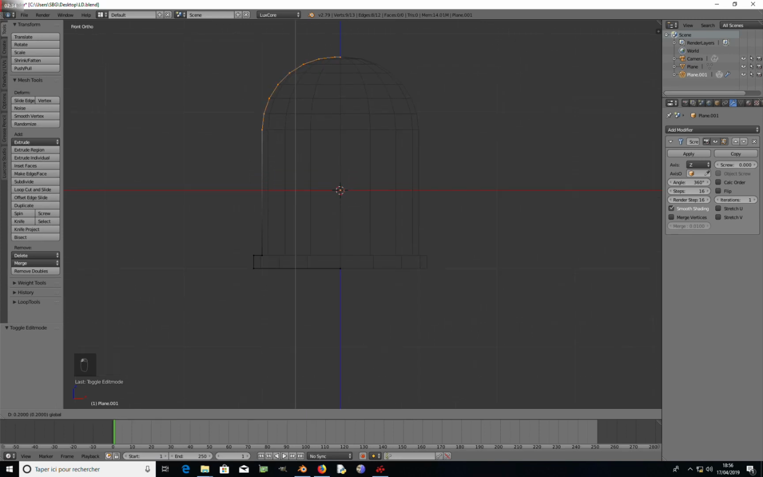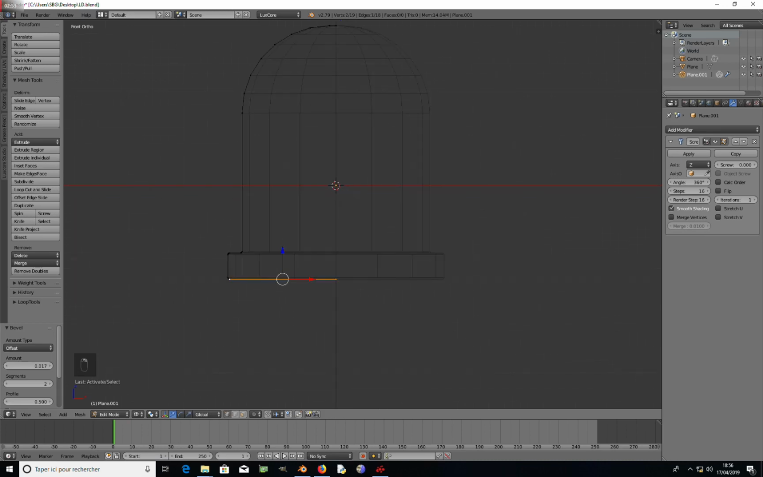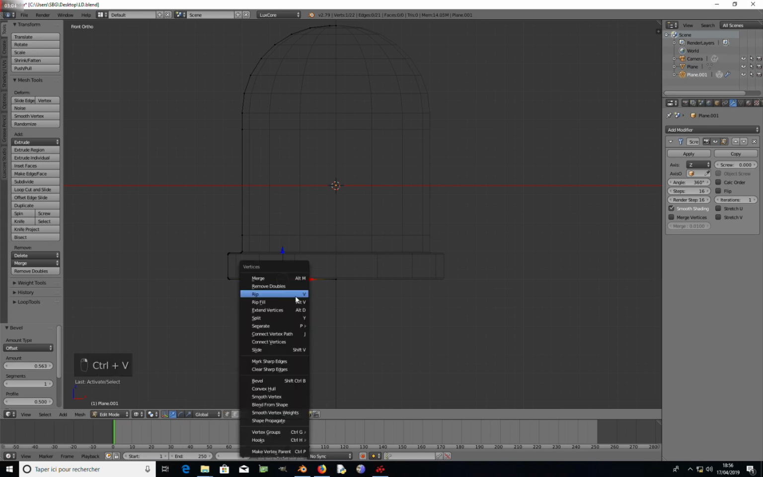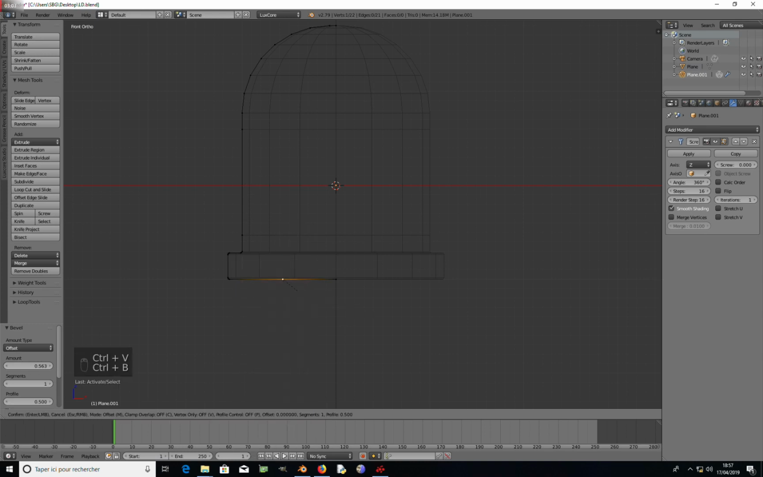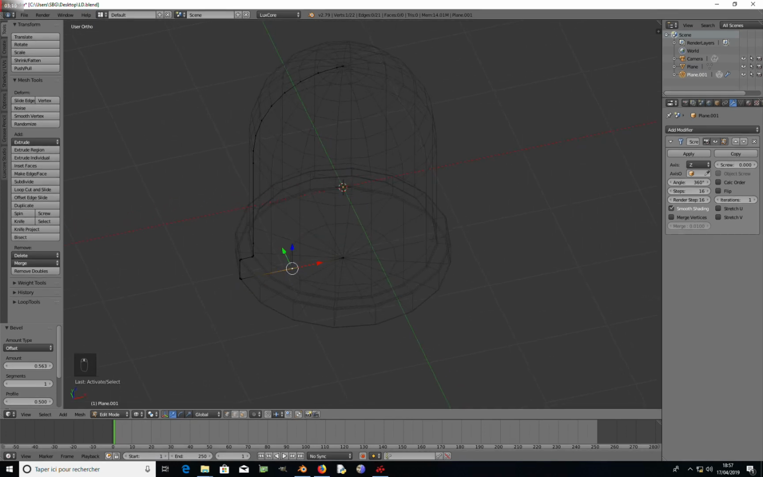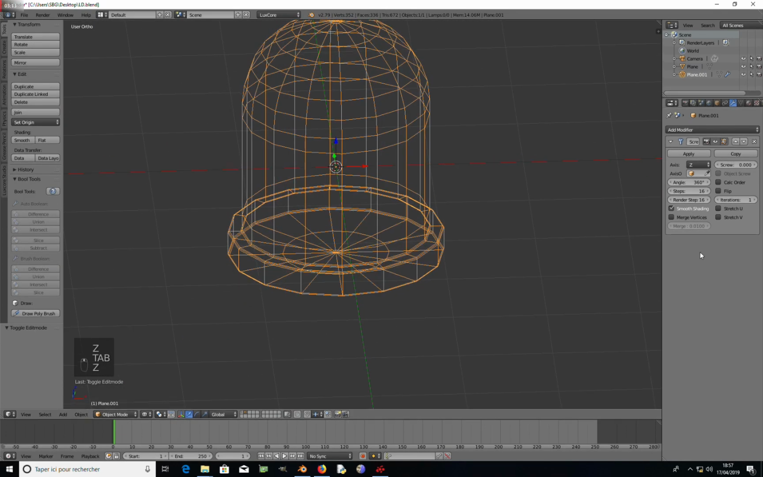Okay. Increase the size. Okay. Control B again. And more detail here and here. Okay, it's done. Control B, it's done. Okay, now that everything is good, select, merge vertices, apply, and now go to